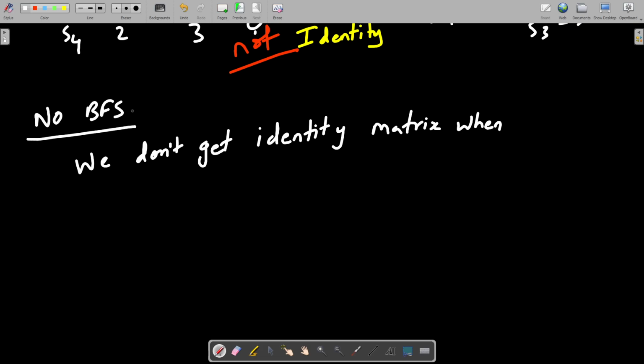I'll explain this. We don't get an identity matrix when we have this greater equal to sign or equal to sign in the constraints.